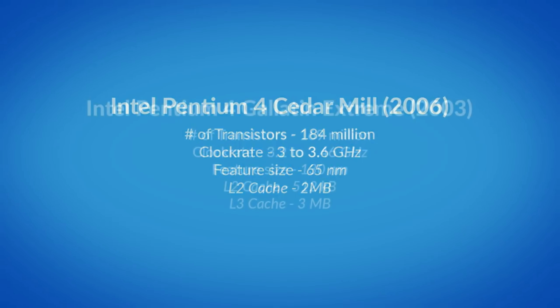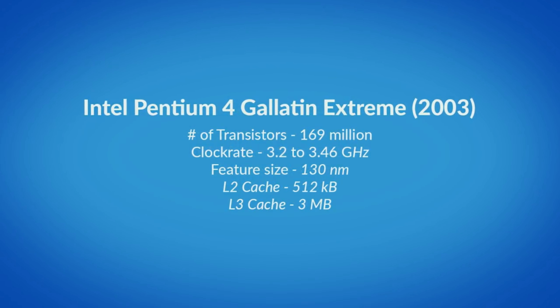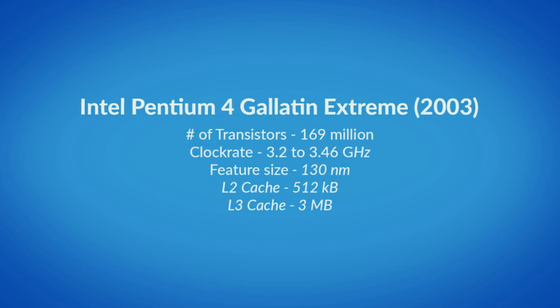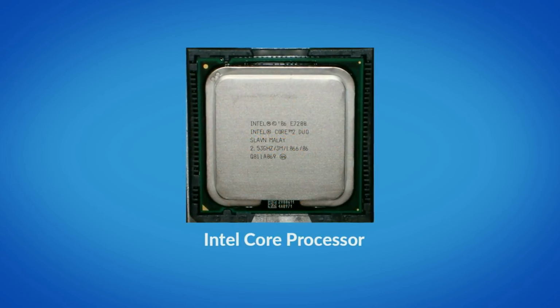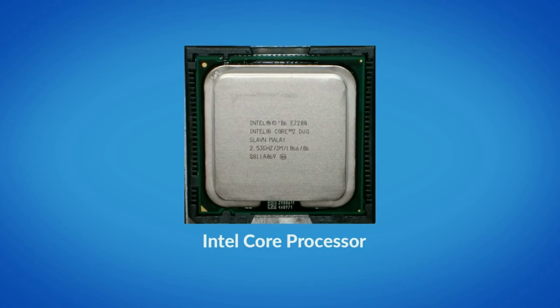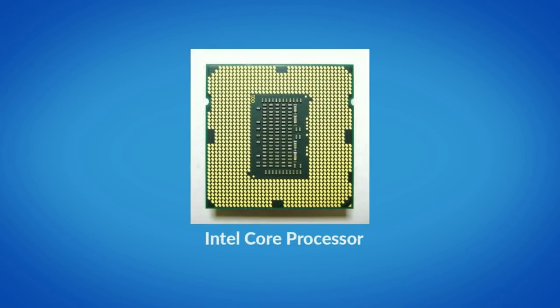One of the most important features of the NetBurst architecture was hyperthreading, a feature that's still being used in today's processors. In June of 2006, Intel introduced the Core architecture. The Core architecture brought 64-bit computing,